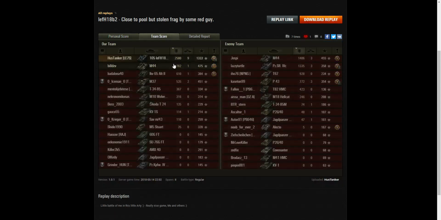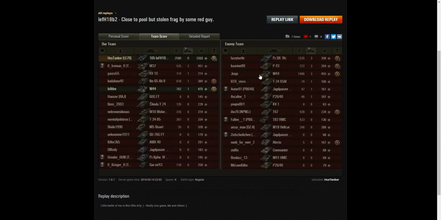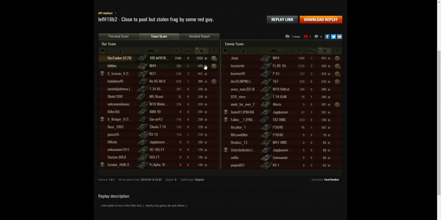Well, top on damage, naturally, 2,580 hit points altogether. He got the highest number of kills, 9, which is 3 times the score of the nearest high scores on the enemy team, which is the Death Toaster, the P43 and the M44. And when it came to base XP, 1,333, which again is more than double the highest score of the enemy team, which was the M44,